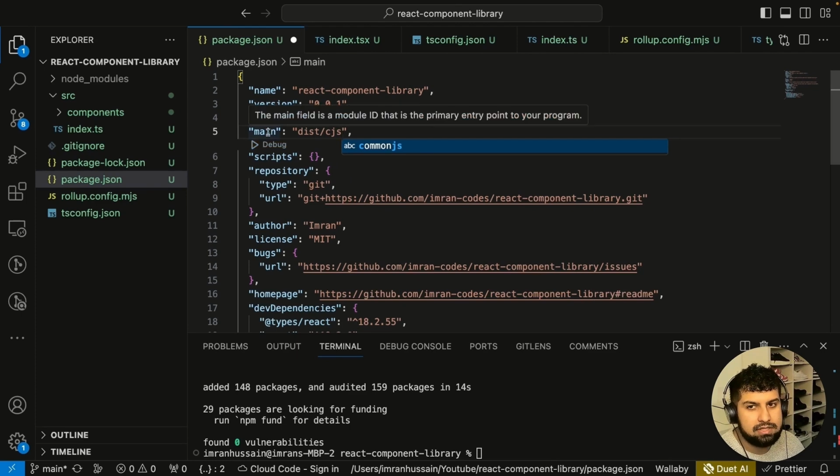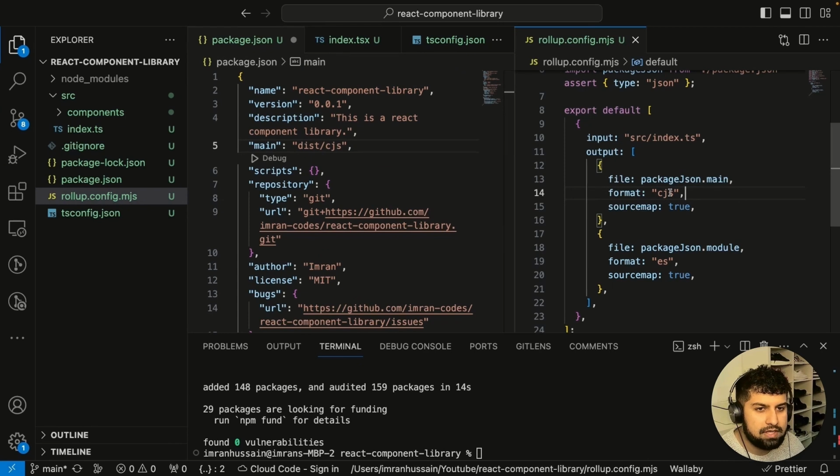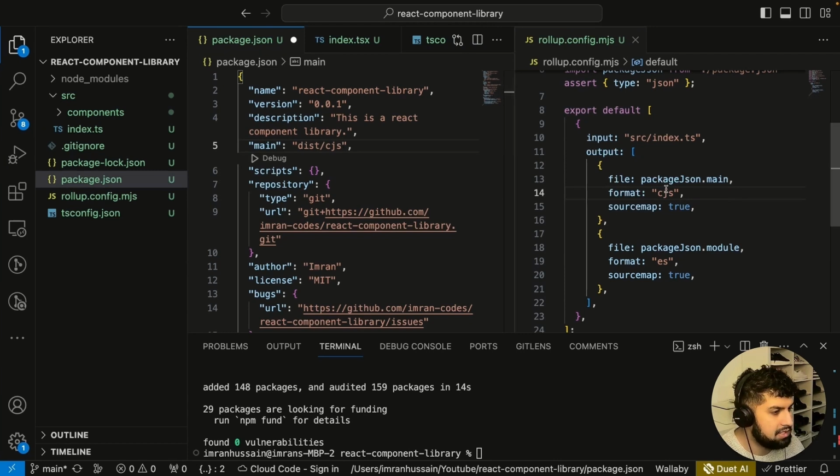As you can see in the rollup config, let me just do it side by side. Here, the output is cjs for the main, so we need to make sure the keywords match. So this.cjs is the format here, as you can see. And then this is just going to be index.js. Now you might be thinking, why is it JS and not TS? Because TypeScript is transpiled into JavaScript. When we serve something to a browser, for example, TypeScript is not served. It's JavaScript that gets served. So we need to do the transpilation process,